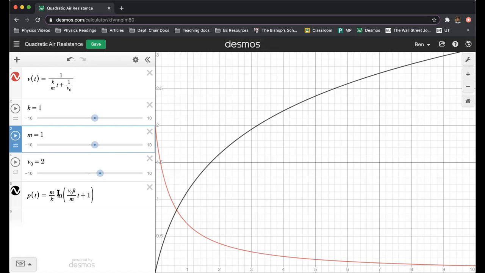Its position will continue to increase, which is interesting, and a prediction of this model which is pretty non-intuitive, and which we would never actually see in the real world. So that would lead us probably to scrutinize the model, see what we left out, but it is an interesting prediction of the model nonetheless. So I hope that helped as an introduction to separation of variables and to modeling air resistance,